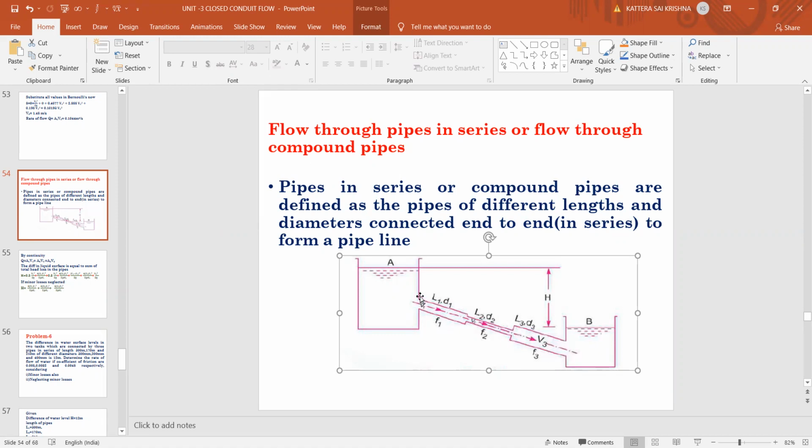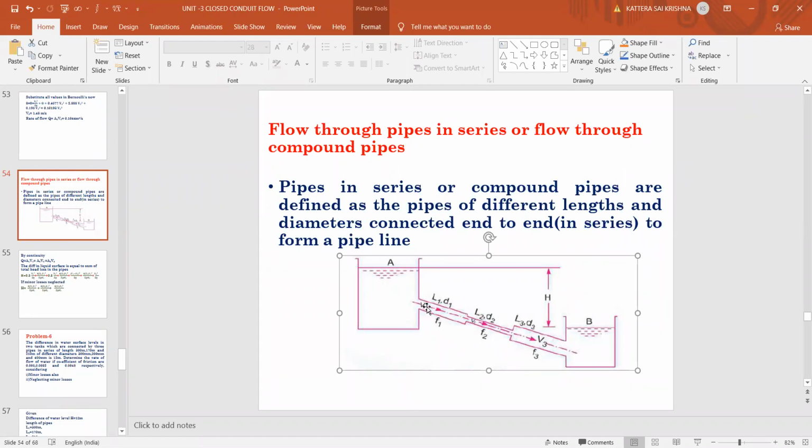So totally one inlet loss, one frictional loss, one sudden contraction, again one more frictional loss, one sudden expansion loss, one frictional loss, and the exit loss. So total, these many minor losses are available in this, as well as major loss, that is frictional loss. So all these losses will create a difference of head in these 2 reservoirs. Okay, so here we are considering both major losses as well as minor losses.